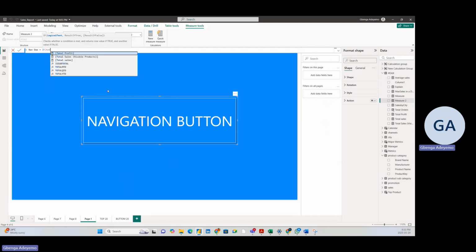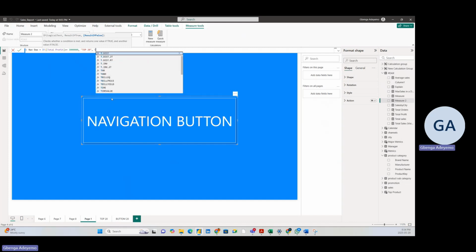my total sales, for example, is greater than or equal to 3 million. 3 million is going to be 3, 1, 2, 3, 1, 2, 3. Then take me to the top 20 page. If it's not meeting the condition, just take me to the bottom